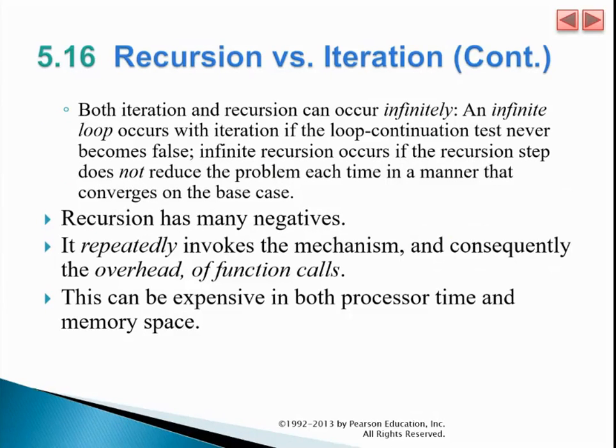In both cases it may happen that they go into an infinite loop. If you wrongly place the condition for a loop, it is called an infinite loop. If you wrongly place the base case in the recursion, it is called infinite recursion. So both have